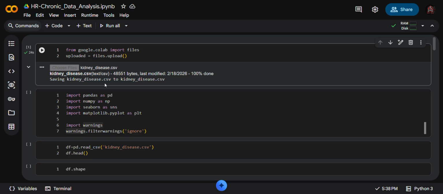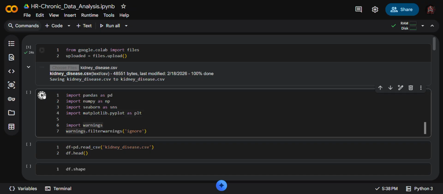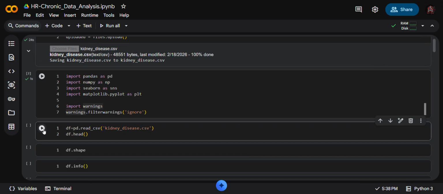Whenever you take any file, take only a CSV file, not a zip file or any other random folder. We have already taken this. Okay, it's already done. Let's run this.